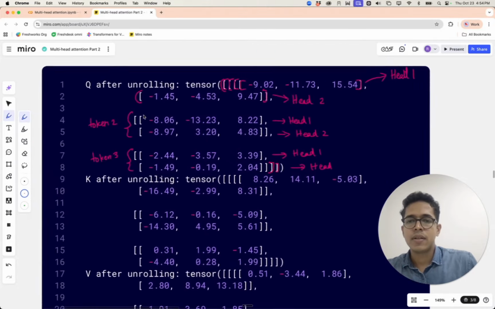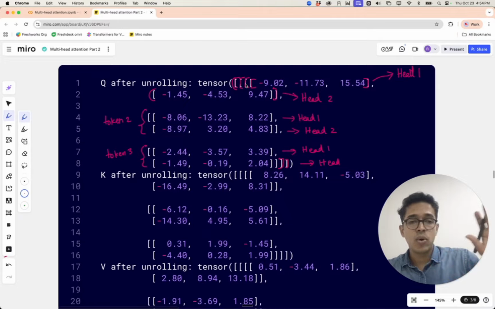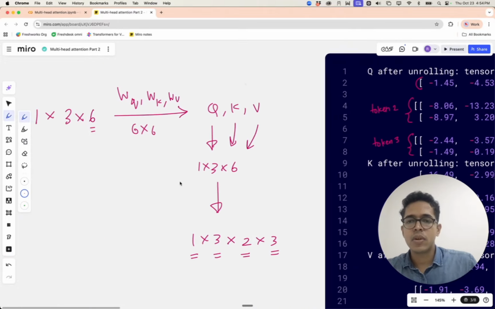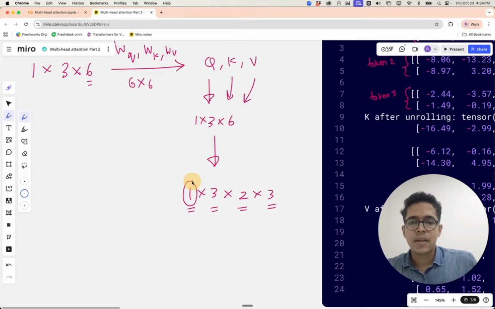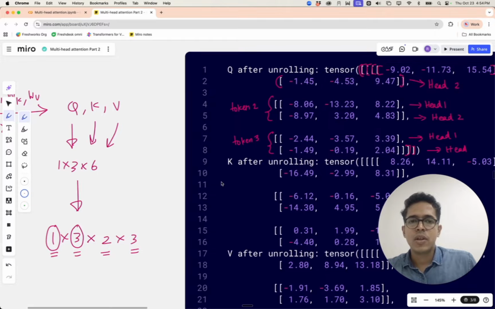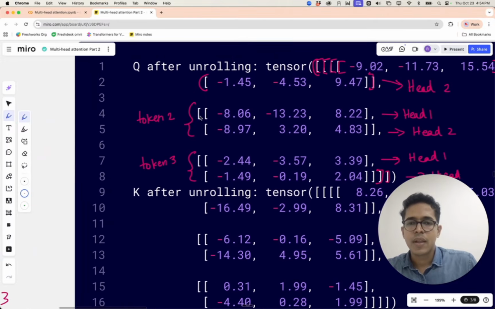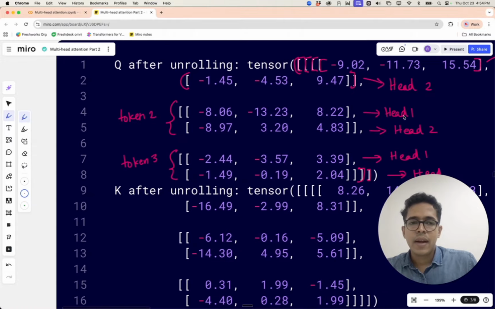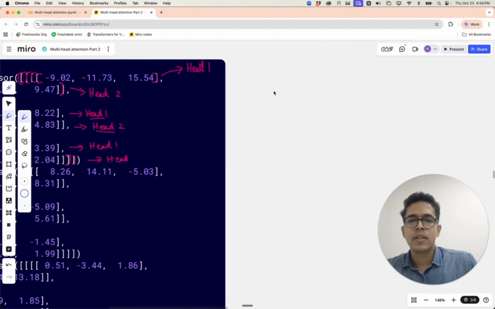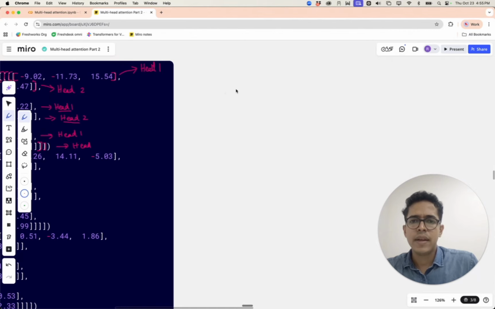So ignore the batch and ignore the number of tokens. But if you just look at within one token, we are grouping head number 1 and head number 2 into token number 1. Basically, if we draw this as a tree, the way this looks like is